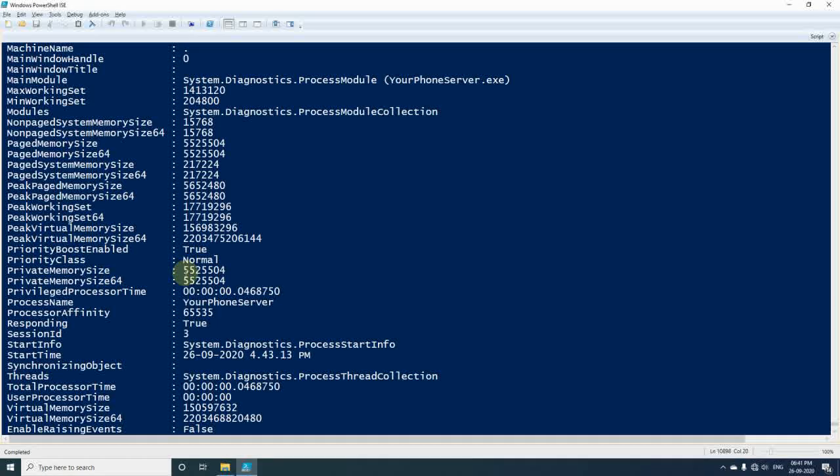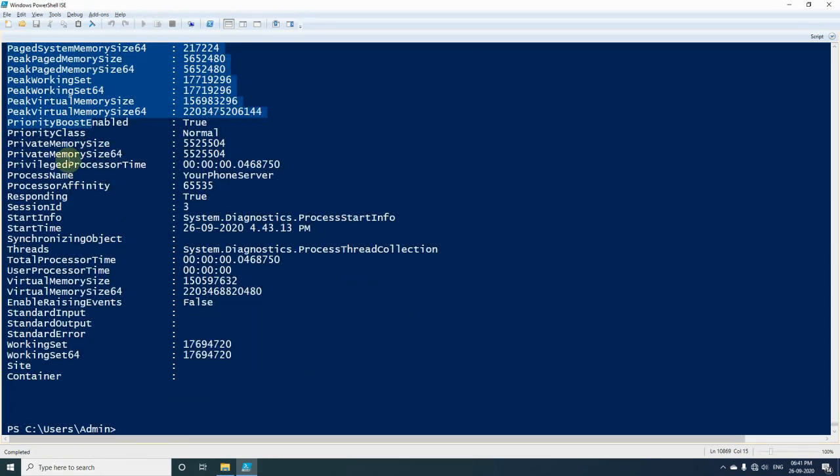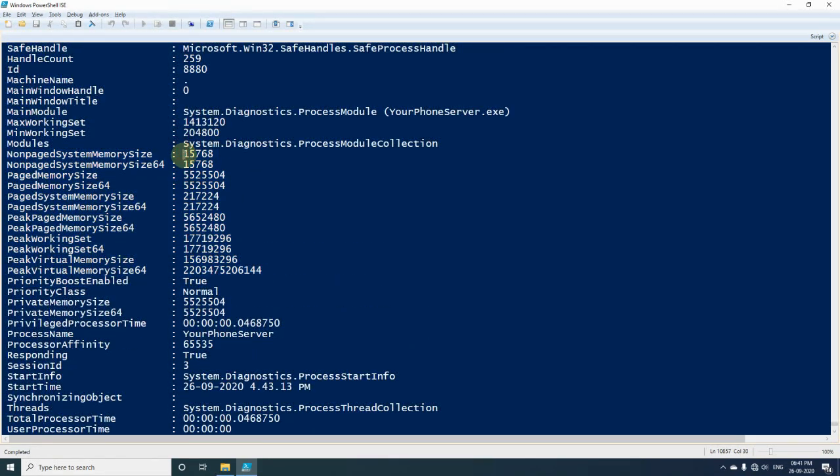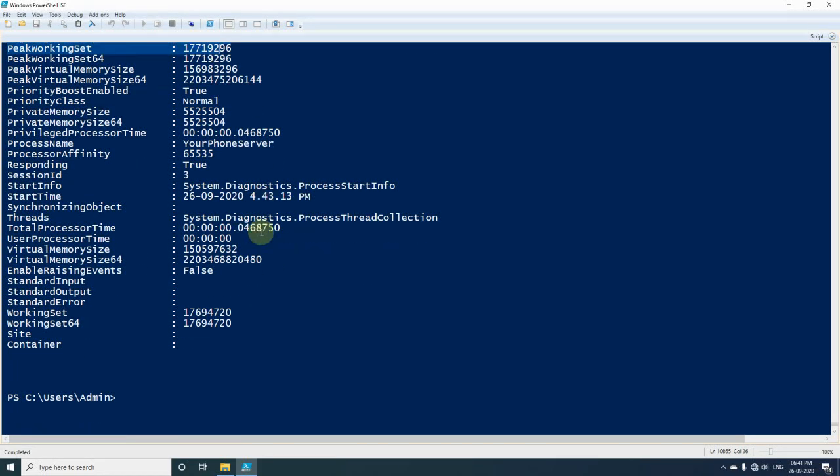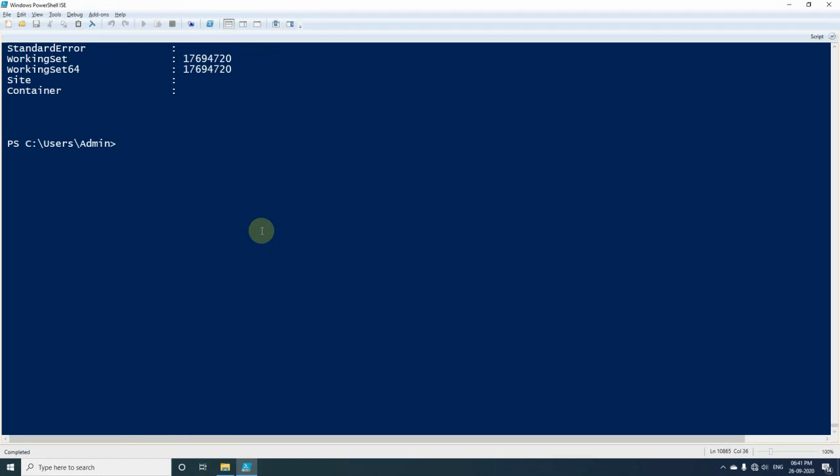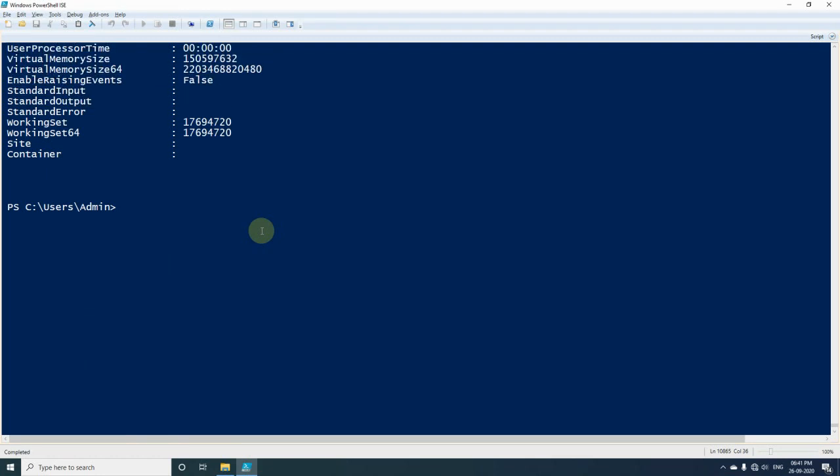So that is the reason we are getting the list format, and on the left side you can see those are nothing but property names, and after the colon we have the property values. So this is how we can export and import any CSV.